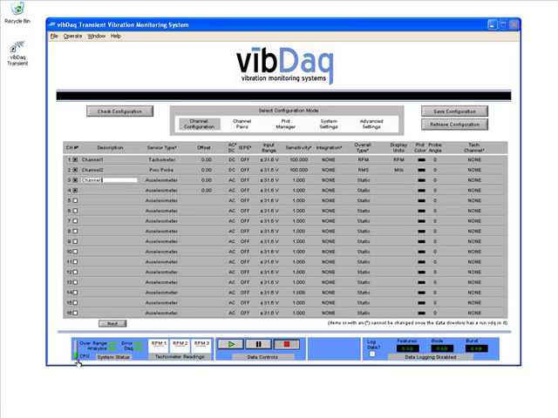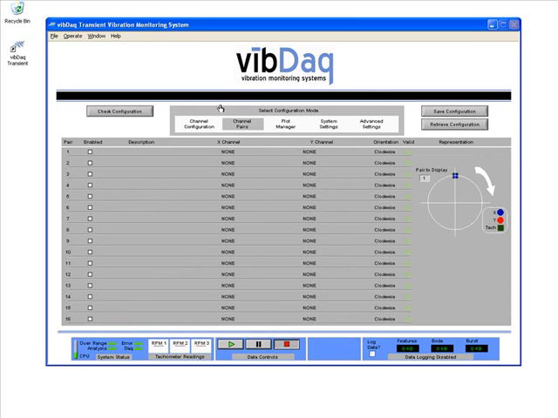Once hardware input channels have been defined, we can group sensors located at the same point on our machinery into pairs. These pairs can be used for certain plots like orbits or shaft center lines for insight into the two-dimensional motion of our machinery at that point. So now that we have fully configured our system, we can go ahead and press the play button to begin